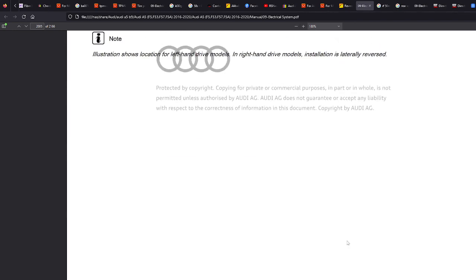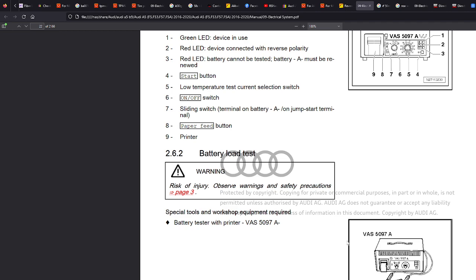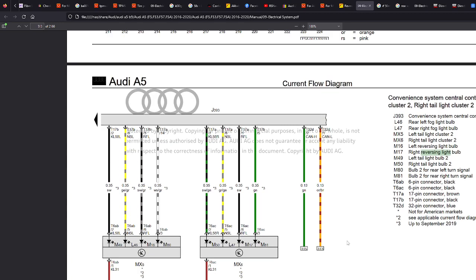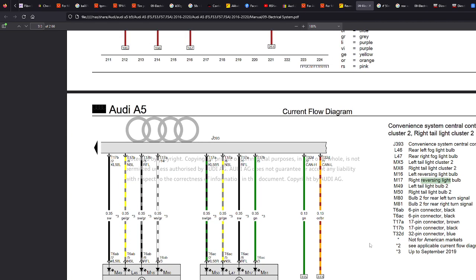Let's have a look at another one. Reverse light. Let's say the reverse light doesn't work. Let's try reversing lights. There we go. Let's say we bought a rear camera, a cheap one off AliExpress, whatever. We need to tap into the car to find a reverse line, so that the car knows to go into reverse signal if you've got aftermarket stuff. One option is you could look in your boot and find the reverse line,